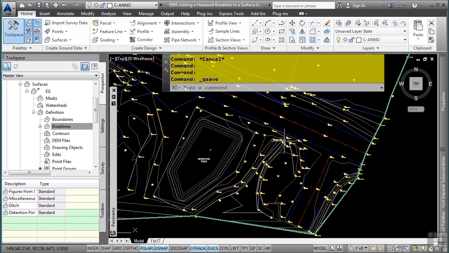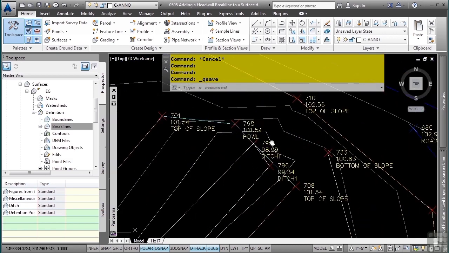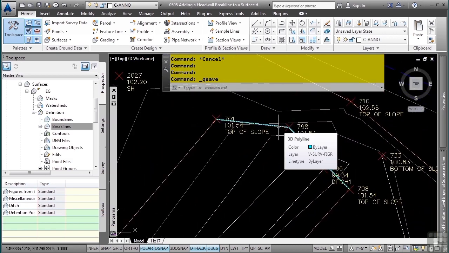So that's the example we have here. We have a concrete headwall that was located in the field, and we have depths to it. So, as mentioned in the Creating Break Lines from Points video, for a wall break line to be used, it must be a 3D polyline because the elevations are actually coming from the wall break line. So this is a 3D polyline, and we will use the depths based on the surveyor's notes to define the